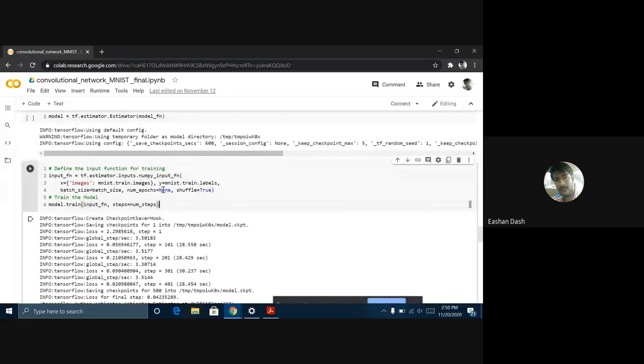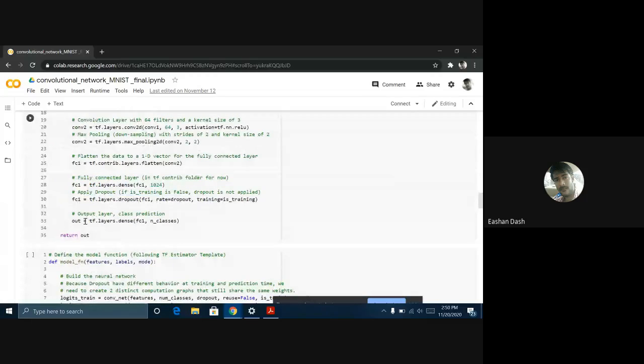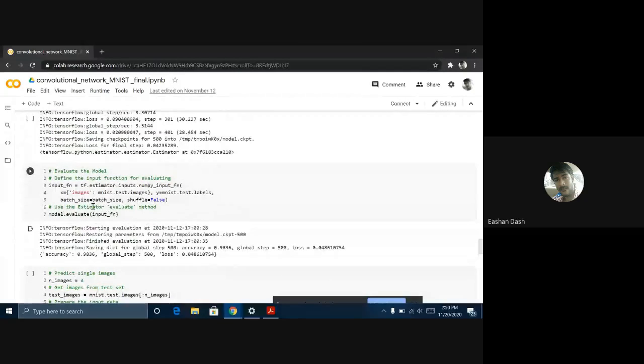So once we have given these hyperparameters, as a user, you can change these values according to your application and your needs. And you call this model.train inbuilt function. This is the input function, which is again defined as TensorFlow's inbuilt input function, which is going to give whatever input you have, right? Whatever input I got out of this last TensorFlow fully connected layer, and once that is done,